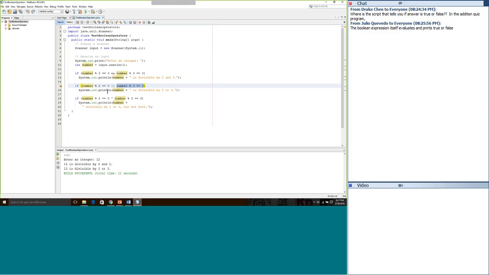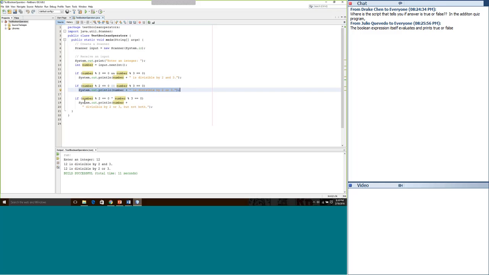So I have a true ORed with a true, and that will also yield an overall true. So this statement will get executed as a result of the large composite Boolean expression. And now we're going to print out the number is divisible by 2 or 3.